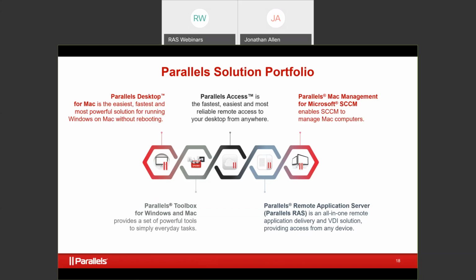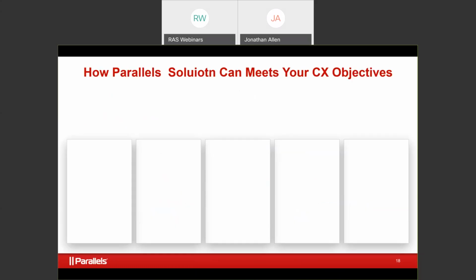This is our all-in-one remote application delivery and VDI solution. What it does in a nutshell, if this was an elevator and we were going up 10 floors and I only had 15 seconds to talk to you, is allow you to run any app, anywhere, anytime, on any device for 60% less than what you're paying for your current virtualization solution. That's it in a nutshell. And then the elevator doors would open, and either you'd be interested or not in demoing or taking a look at that. But that's really what we do with Parallels Remote Application Server.